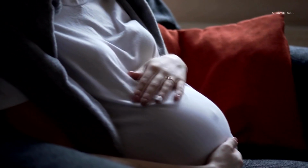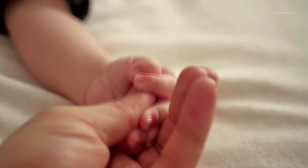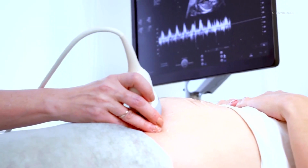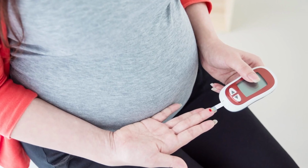Preeclampsia typically emerges in the third trimester of a pregnancy, but can present even earlier in some cases. Dr. Raj Shri is an OBGYN and associate professor at UW Medicine's Division of Maternal Fetal Medicine. She says preeclampsia affects about 15% of pregnancies. While an exact cause is unknown, risk factors include women who have existing high blood pressure, diabetes, older age, and